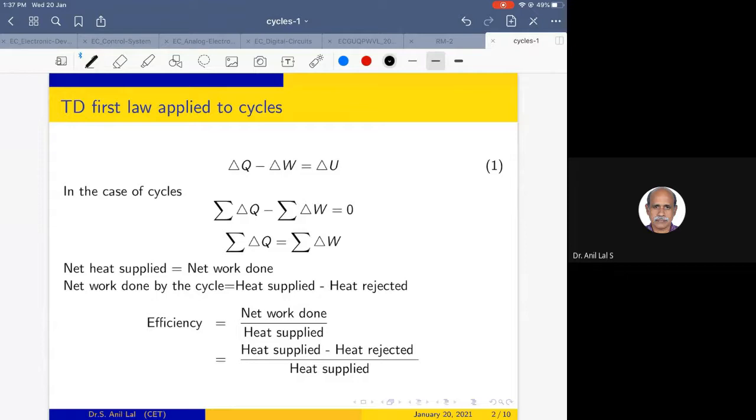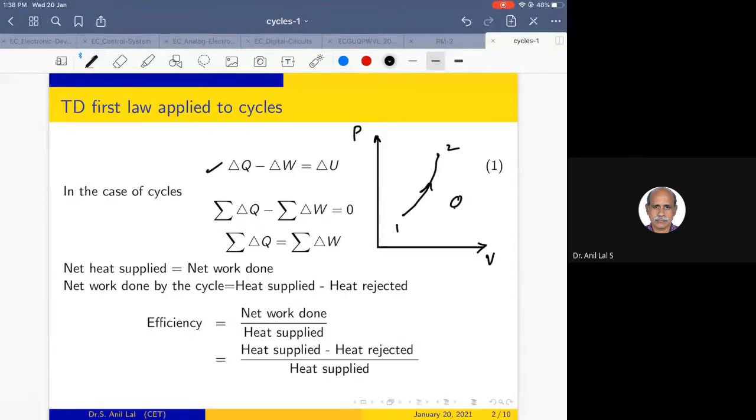Before going to that, I will tell what is the first law of thermodynamics applied to a system undergoing a process. Now, let's say we have a process on some volume pressure diagram, and the system changes from state 1 to 2 by some path 1 2. So this is a system which is undergoing this process.